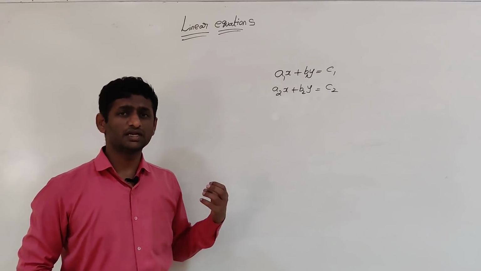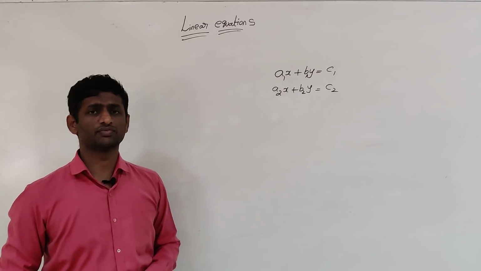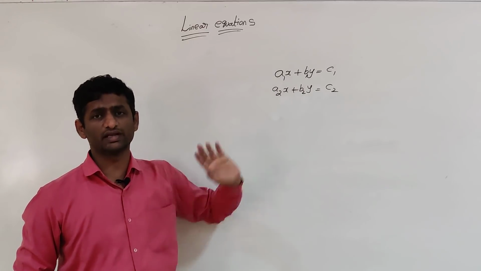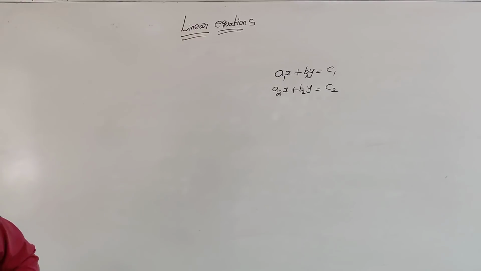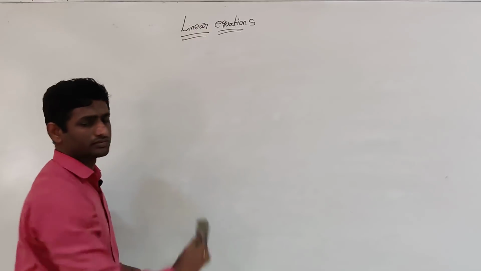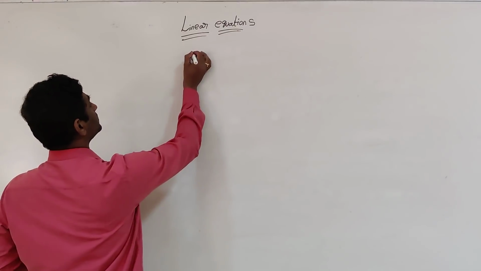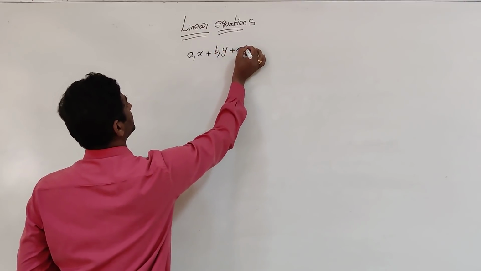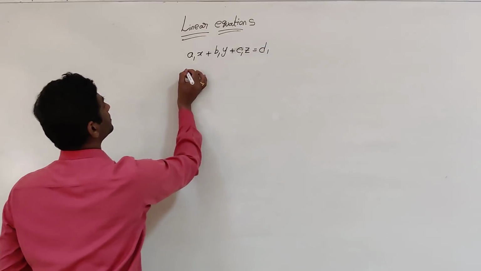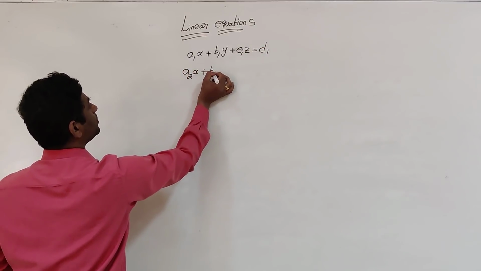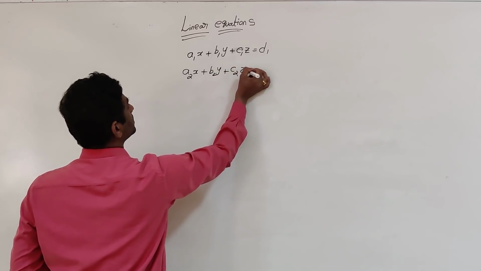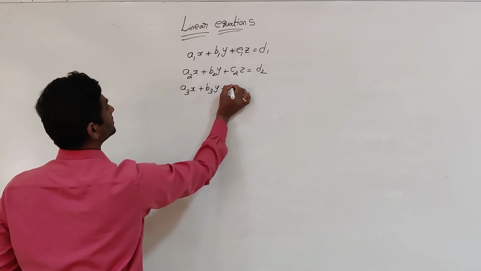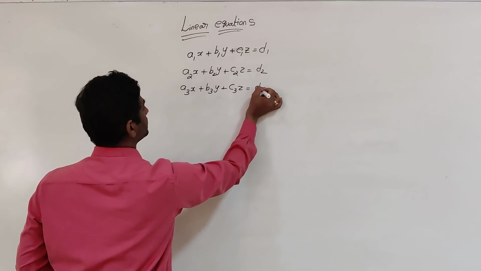Suppose we consider a system of three equations. Here, two equations in how many variables? Two variables, x and y. Now we will see a system of three equations, that is a1x plus b1y plus c1z is equal to d1, a2x plus b2y plus c2z is equal to d2, a3x plus b3y plus c3z is equal to d3,